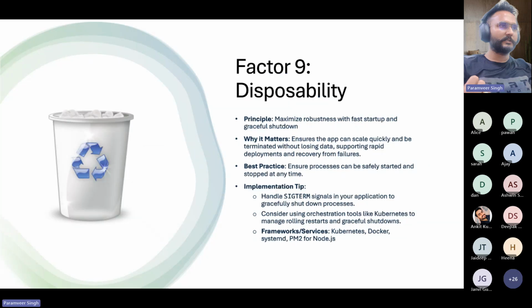Coming to the next factor, which says disposability. Now, it again is a factor which talks about your application's processes should be able to spin up and shut down gracefully. For example, if due to any crash or something, your application should not have some state managed within it, which it required to process and it failed, and there is another functionality dependent on it. So any application that you are creating should be able to gracefully shut down, and it should have